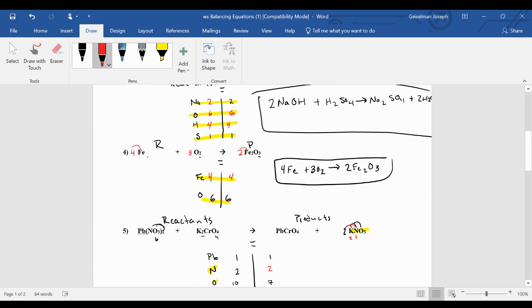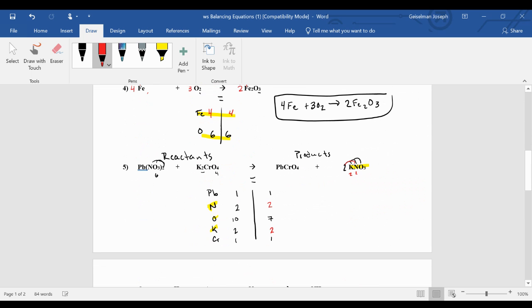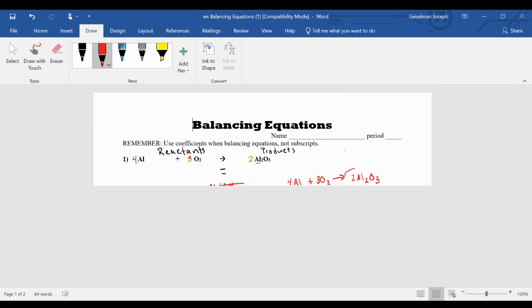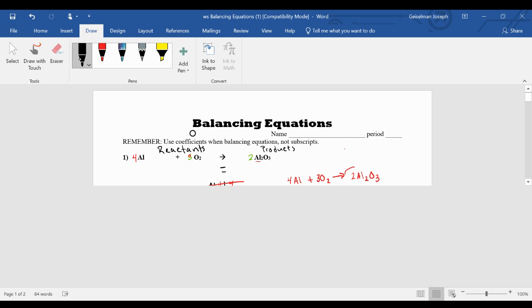And 2 times 3 is equal to 6. So we have 6 oxygen over here. 6 plus 4 equals 10. And if we look at it, lead's all good, nitrogen's good, oxygen is good now, potassium and chromium are all good now. And our new equation is